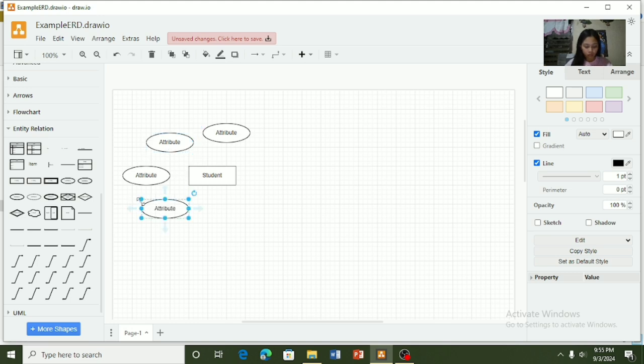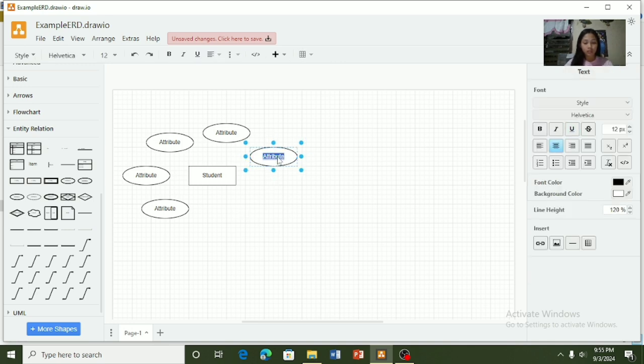And for the primary key, click this. It has an underline. For the primary key, you type this as student ID, and attribute